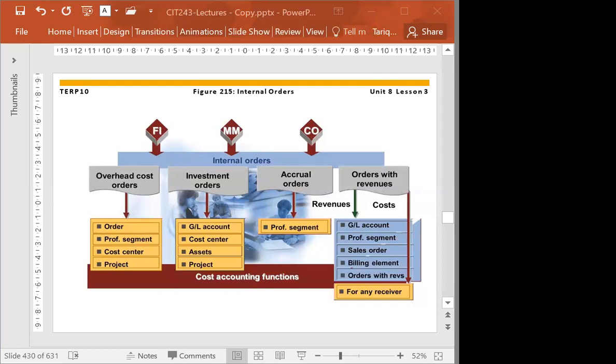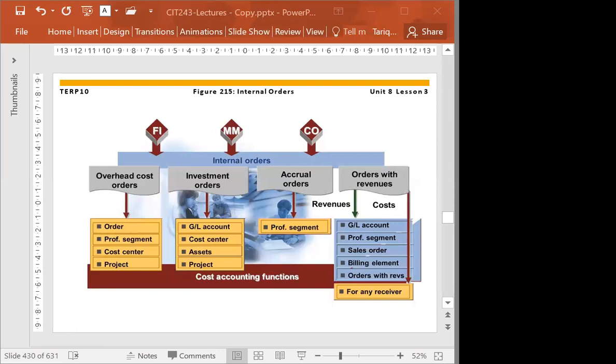Now, every now and then you need maintenance on that car. That maintenance, what we call overhead cost, the repair of the vehicle, maybe the insurance, that is an overhead cost. So all these costs will be collected, and this internal order is known as overhead cost order.